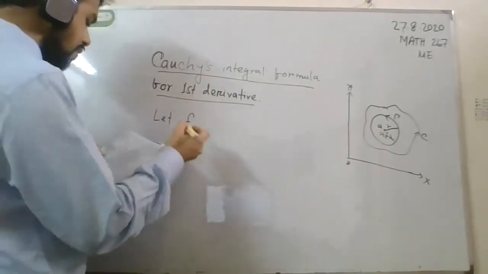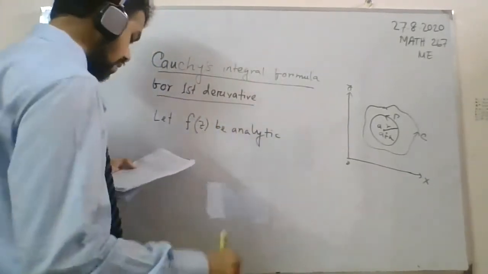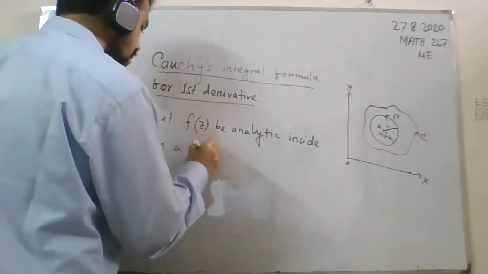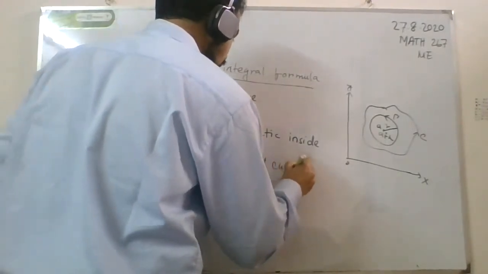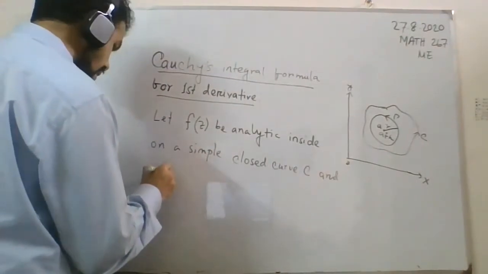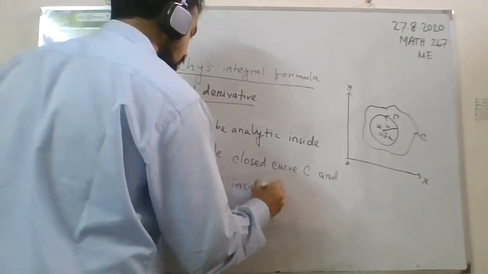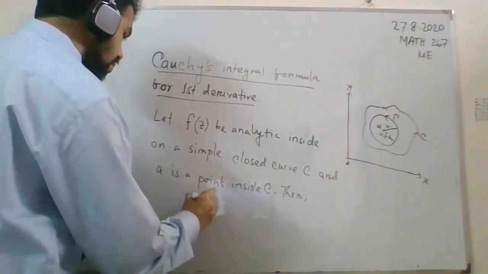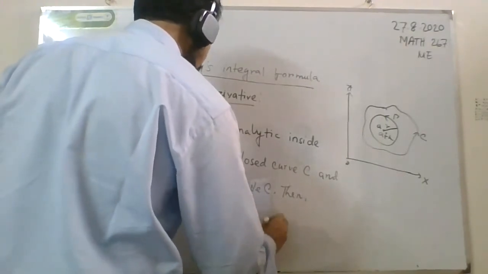statement of this Cauchy integral formula for the first derivative: f(z) is analytic inside and on a simple closed curve C, and A is a point inside C. Then you have to prove f prime(A) equals 1 by 2 pi i, closed integral,